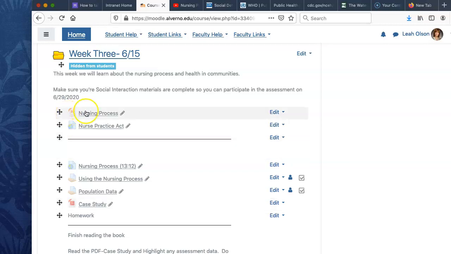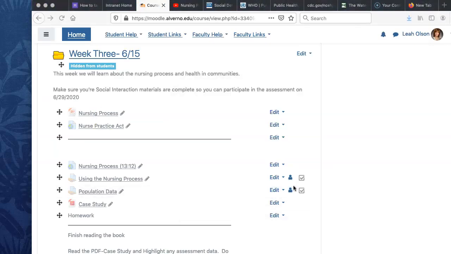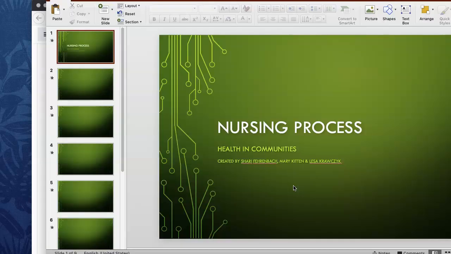All right, so the nursing process. We're just going to review it here. You're going to go over it next semester in great length. But for our purposes,